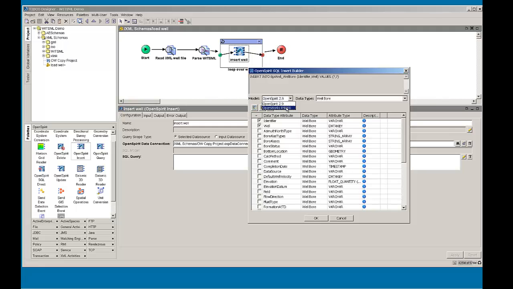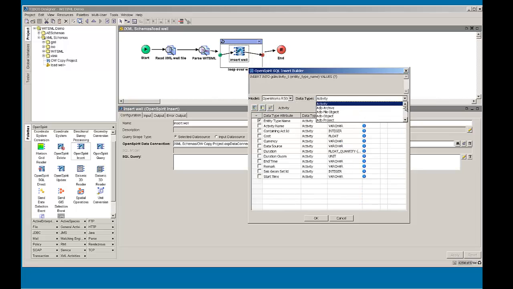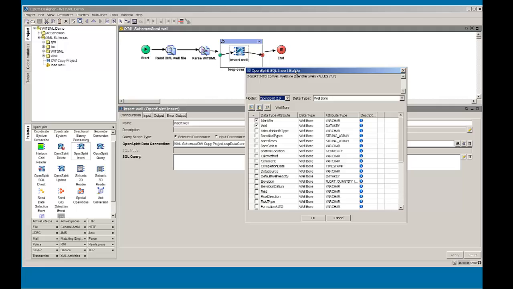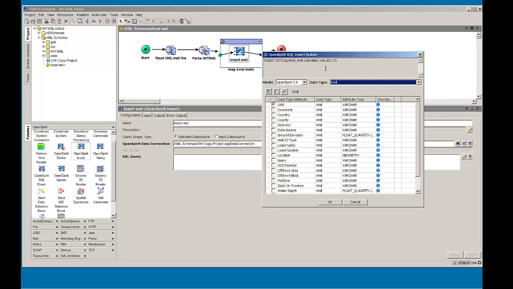so I have the choice of either using the OpenWorks native model, which covers all 1,200 plus tables that are in OpenWorks, all the different elements, all the different entities, but I'm going to use the OpenSpirit model. So this workflow would in fact work with any OpenSpirit enabled data store. And what we're writing here is to the well virtual table,